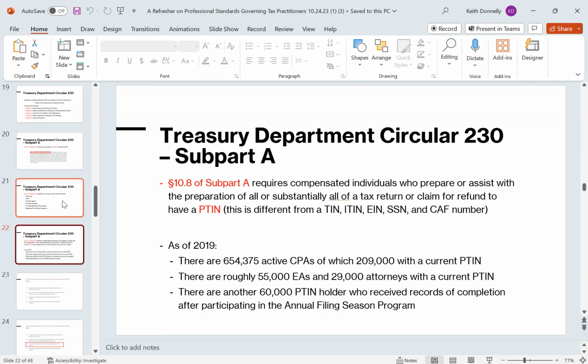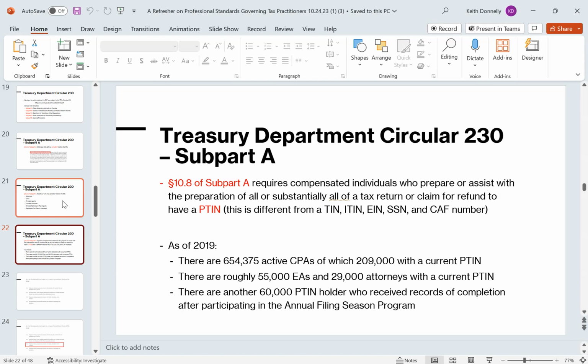And in that vein, right, if you are preparing a tax return and it's for compensation, then you must have a PTIN, right? So a PTIN is basically a preparer tax identification number, and you put that on the return. That way, if there's some kind of issue, the IRS sees this and they're like, well, who prepared this return? They're really screwing this up. They can link up that PTIN to you. Okay, so you need that if you're preparing returns for compensation.